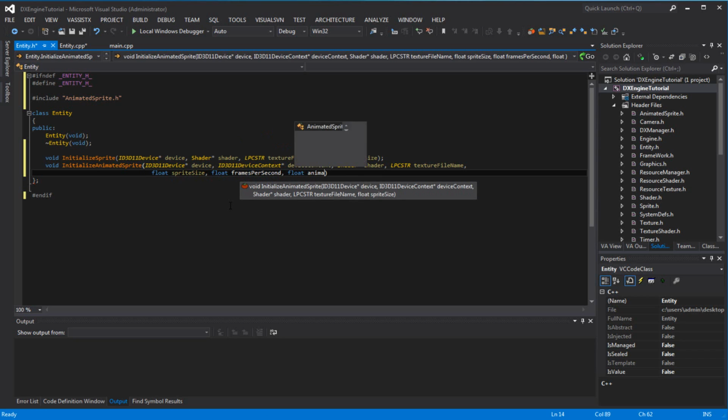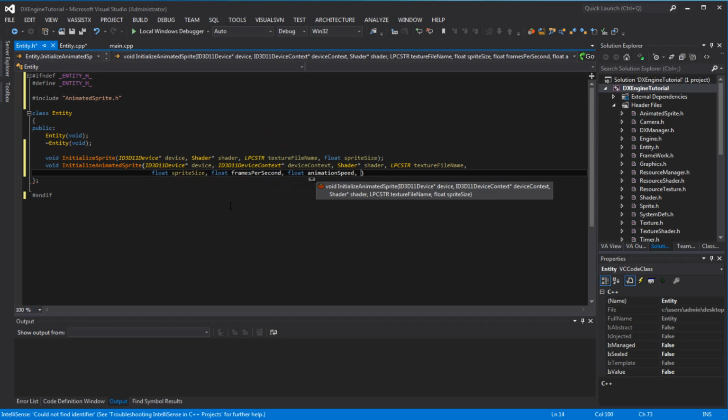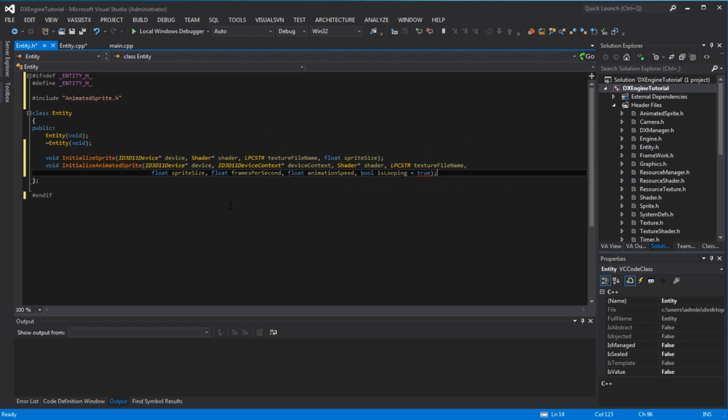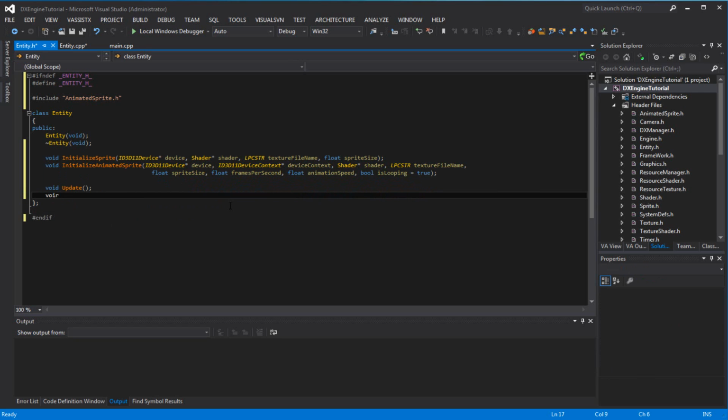You're gonna pass a float animation speed, and bool is looping. We're gonna set that to true automatically since it should be looping for sure. Okay, and then we're gonna have a void update as always, and a void render, which we're gonna pass